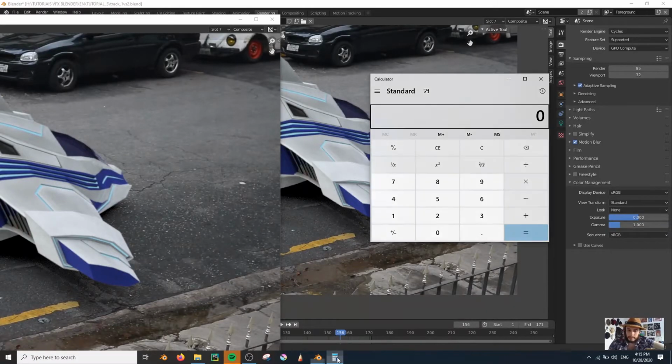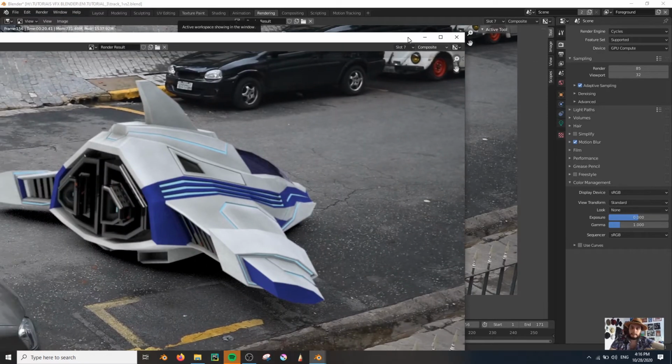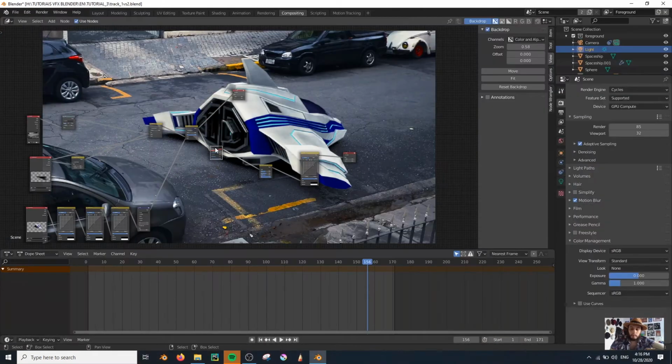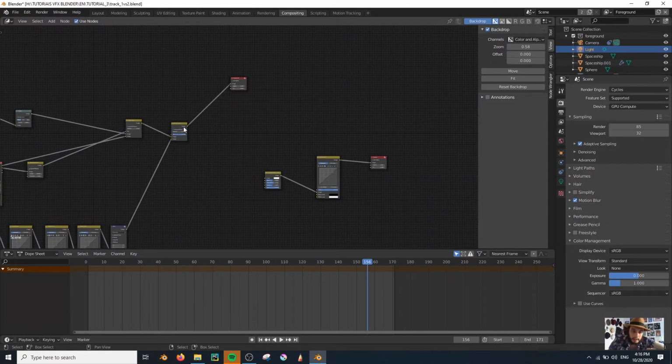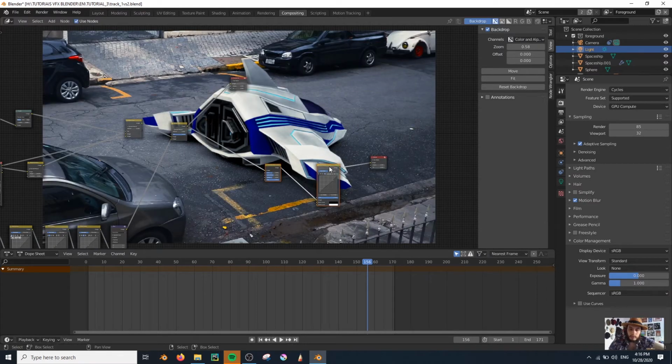scene with 171 frames. So if every frame is rendering in about 20 seconds, that is 3000 seconds for 20 seconds per frame, which divided by 60, that's about an hour. If instead of that we had everything rendering at 30 seconds per frame, that would be a render speed of about 1.5 hours. So I'm essentially saving ourselves half an hour of waiting around for this shot to complete by